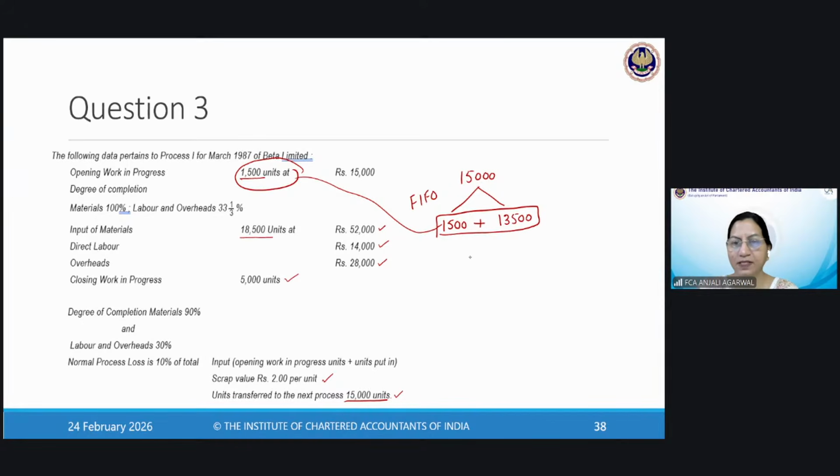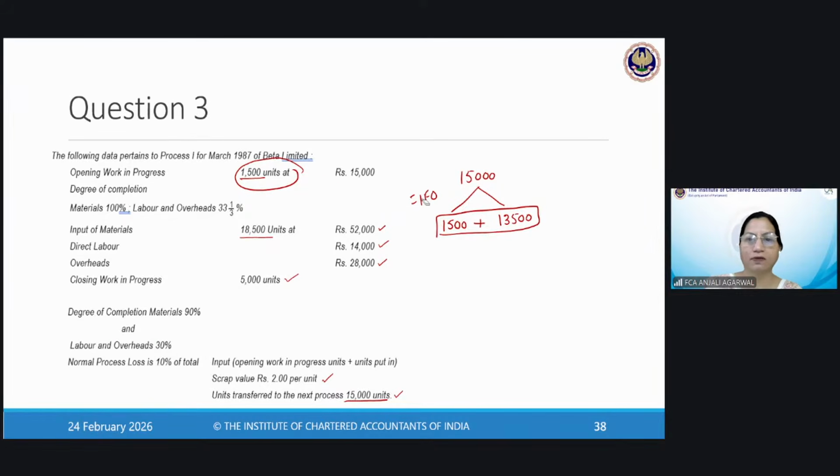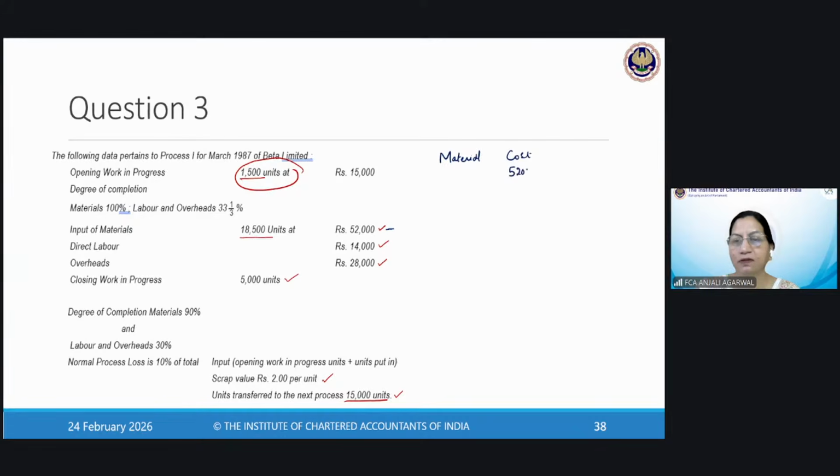You will prepare the second statement, which is the statement of cost for each element of cost. Okay. So very simple again. All you have to do is, from 52,000 cost of material, which is the element material, cost 52,000, less scrap realized from sale of normal loss. So even though we don't have normal loss units of